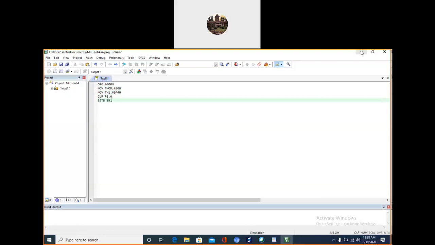Then there is an instruction again, a label with colon, JNB TF1. CPL means complement the pin, 1 to 0.